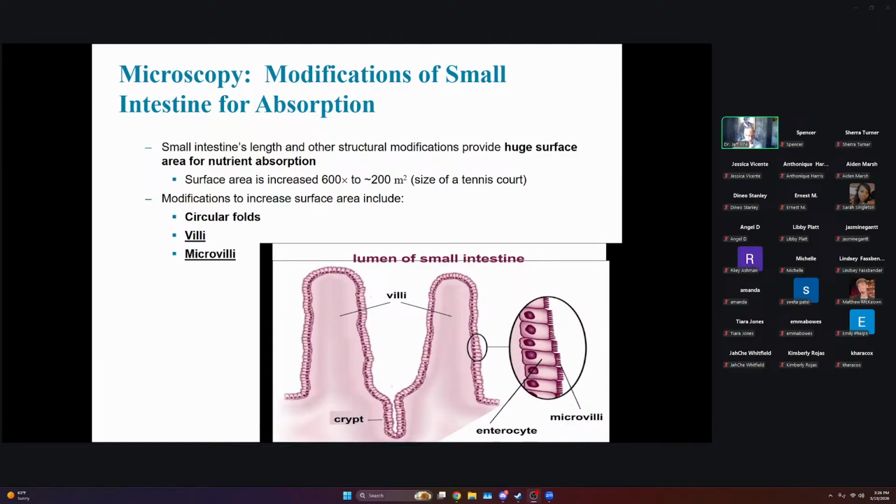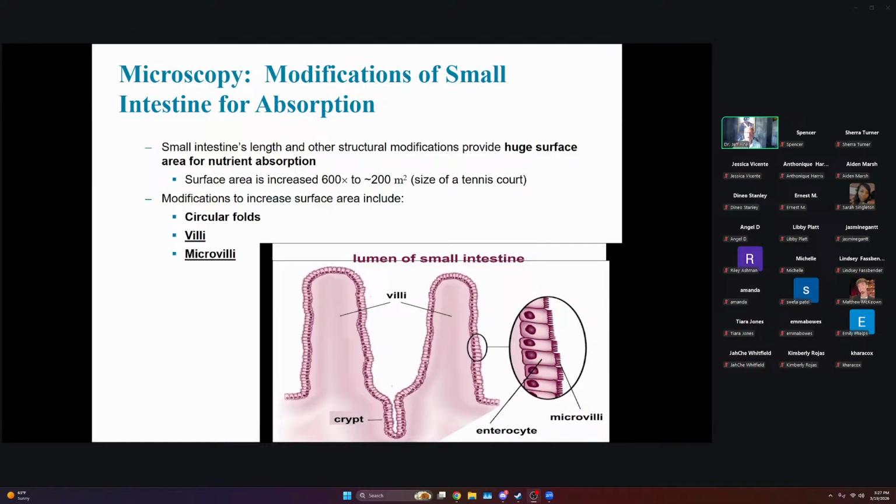So because the primary job of the small intestine is absorption of nutrients, increasing surface area is vitally important. And the small intestine increases its surface area much like, if you remember back when we talked about the respiratory system, our alveoli, right? Trying to increase surface area for more efficient gas exchange. The small intestine increases its surface area for more efficient nutrient